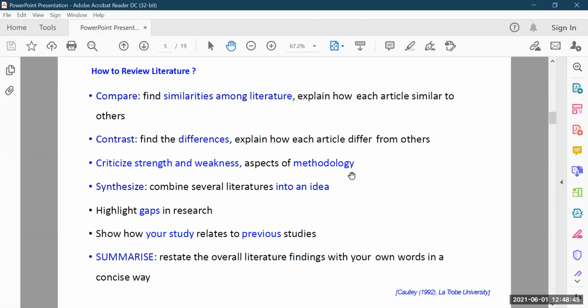Then synthesize means combine all the literatures into one idea, the idea you are going to take out of the literature review. Okay, what they are focusing on, why they are focusing on that, if there should be another dimension or not, right? From this analysis, compare, contrast, criticizing and synthesizing, you will come with